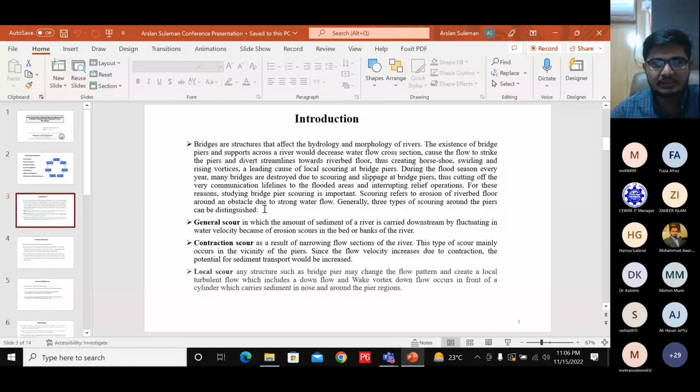These three are general scour, contraction scour, and local scour. General scour is one in which the amount of sediments of a river is carried downstream by fluctuation in water velocity because of regions of scour in the bed and banks of the river. And contraction scour is a result of narrowing the flow section of the river. This type of scour mainly occurs in